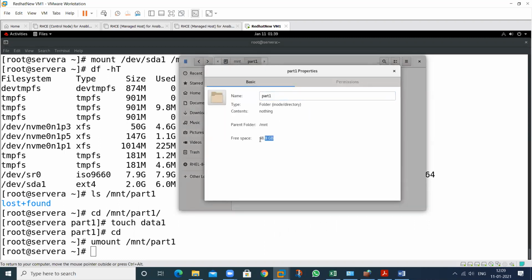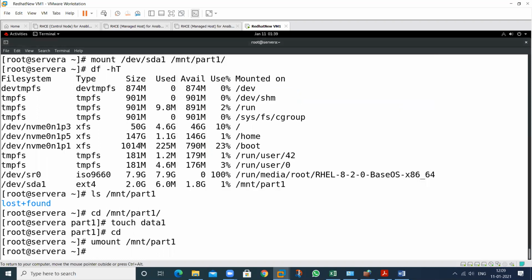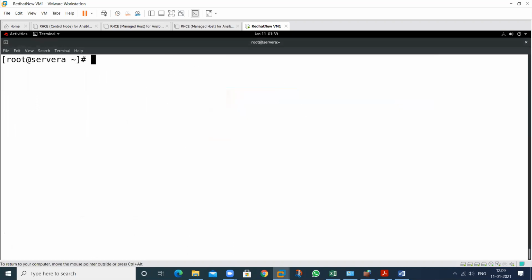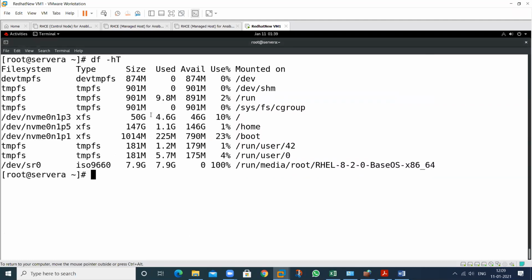It means the space that is allocated for this one is what you have at this time, because this partition contains this particular location, because this mnt folder is available in this one. So this is the concept of how to use that particular partition.